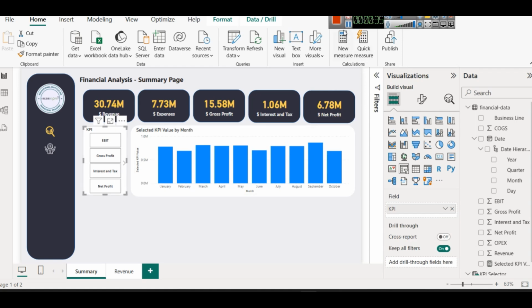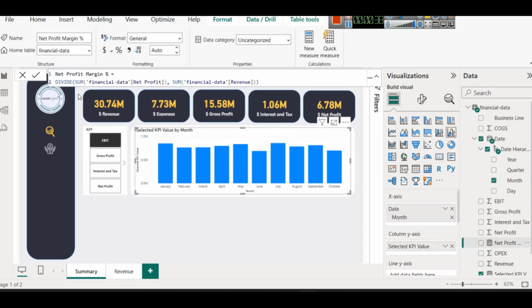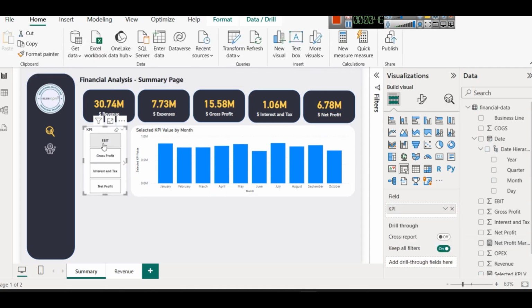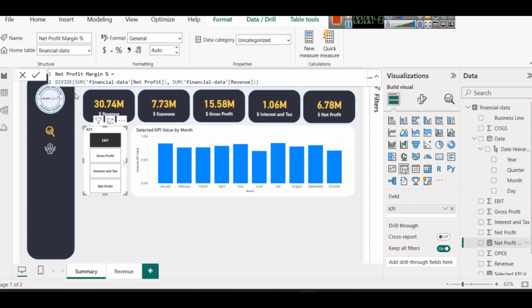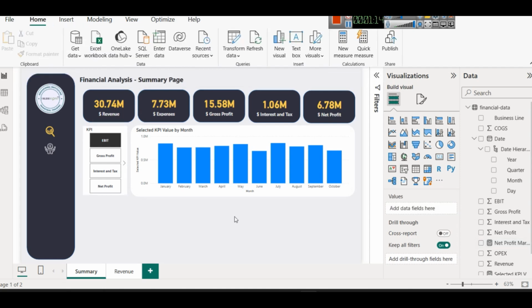by month. Let's say we want to show net profit margin percent over different months, and we will select gross profit, income and tax, etc. Net profit margin percent will be calculated when we use the divide function. You can use sum of financial data net profit. In the divide function we have a numerator and a denominator. As a numerator you will select net profit, and as a denominator you will select the overall revenue. That will calculate the net profit margin percentage,